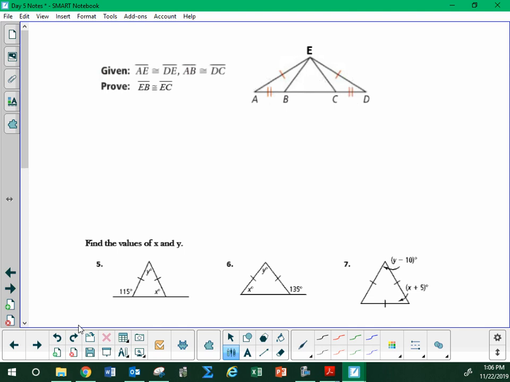Okay. Finally, time to do a proof. Okay, so they gave us AE and DE are congruent. They marked that in. AB is congruent to DC. They want us to prove